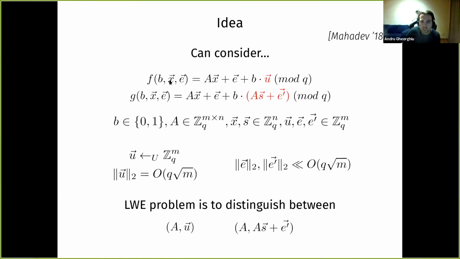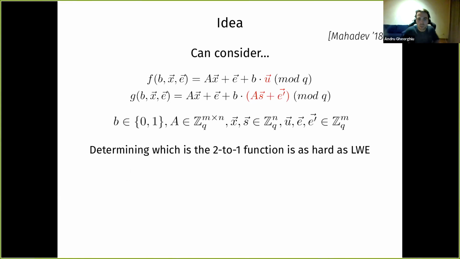So if you could determine which one of these is the 1-to-1 function and which one is the 2-to-1 function, you could also distinguish between these two cases, and that boils down to solving this learning with errors problem. Okay, so that's the idea. That's how you can reduce the hardness of distinguishing between these two functions to the hardness of